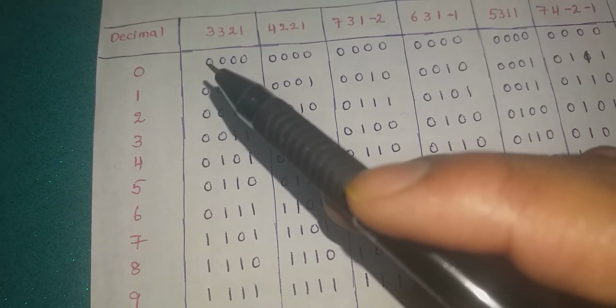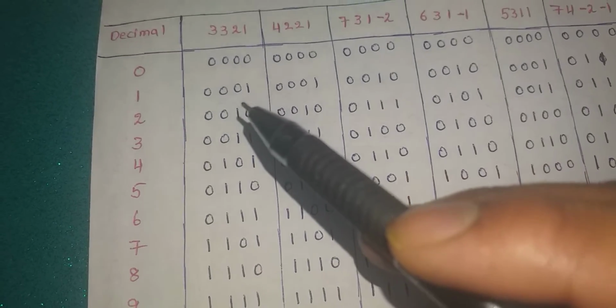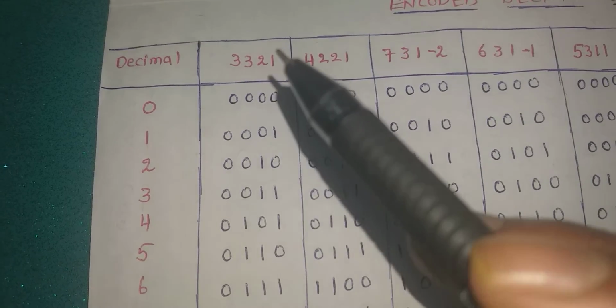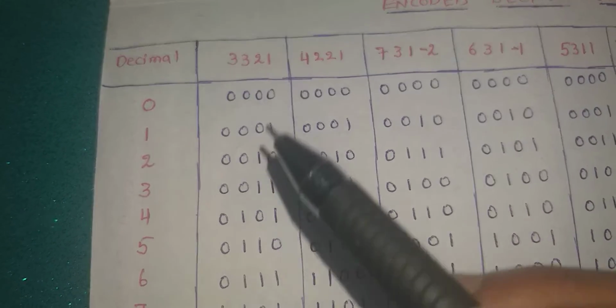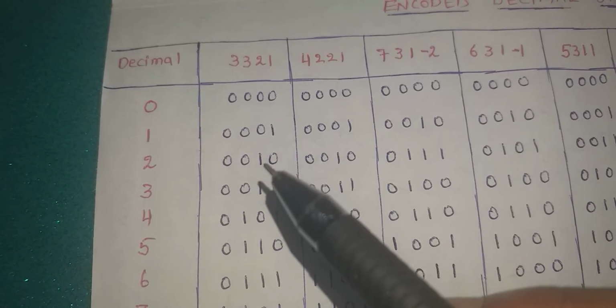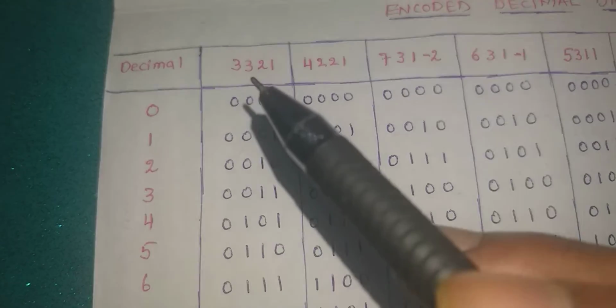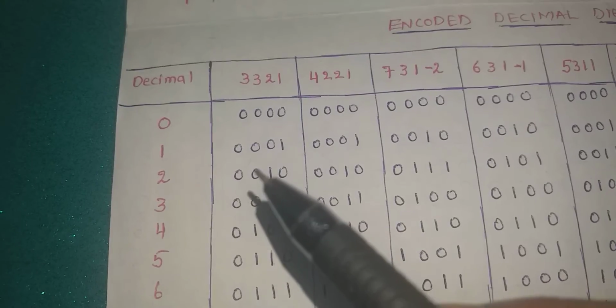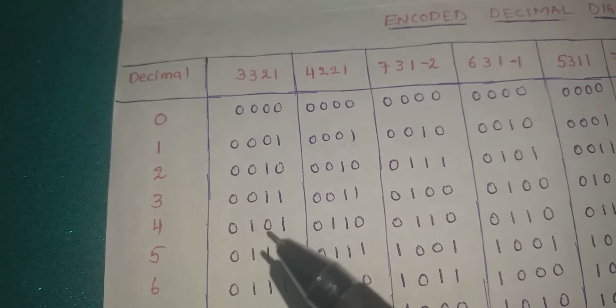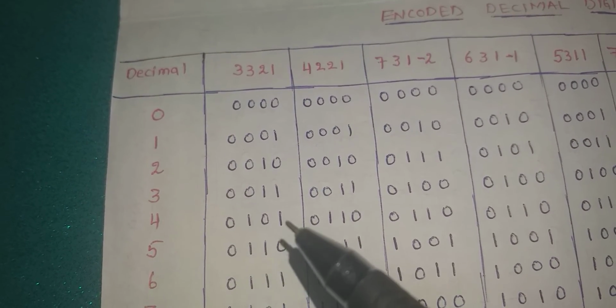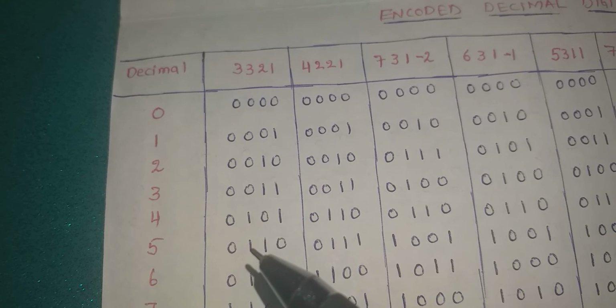3321. Now if you observe, the 0 is written like this. For 1, you can say that in one position the 1 is there. For 2, you can take 2, then 3 is 2 plus 1. If you want, you can write 2 plus 1, otherwise you can take any of the 1s here, that means any of the 3s. Then 4 means 3 plus 1, I have taken 3 plus 1. 5 means 3 plus 2.